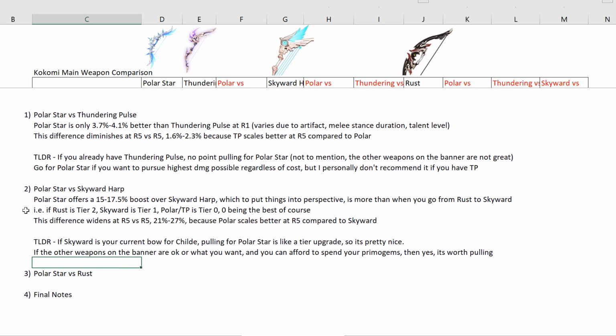Okay, so how about Polar Star versus Skyward Harp? For example, you may have skipped Thundering Pulse the last time it was available. Maybe you felt that Skyward Harp was good enough, although it's very clear that Thundering Pulse is still better than Skyward Harp by quite a significant amount. I've already done some tests previously, actual in-game testing. You can see my conclusions on that. I'll put the video in the link on the top right corner here. But what you need to know basically is that Polar Star offers a 15 to 17.5% boost over Skyward Harp,